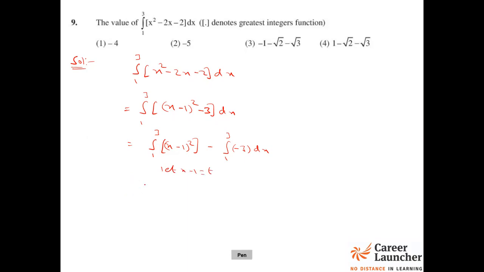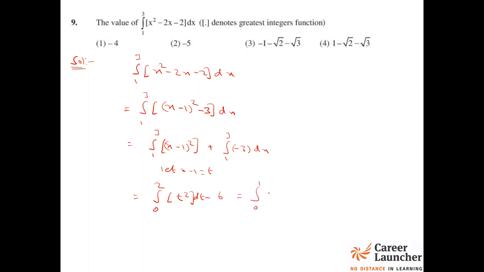Taking x minus 1 is equal to t, what will be the new limits? Substituting x equal to 1 will become 0, so it will become 0 to 2. Step of t square minus 1, minus will become plus. Integration of this will become 6. This should be plus, so this is minus 6. This will become dt. Now we can split the limit 0 to 1.